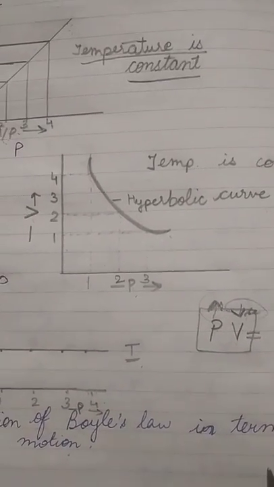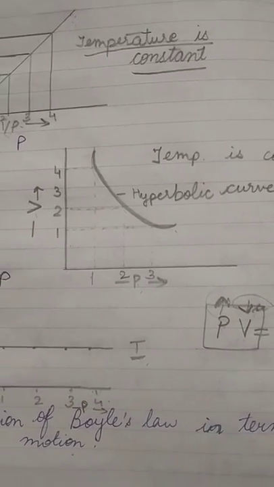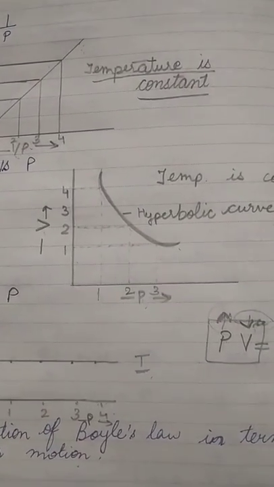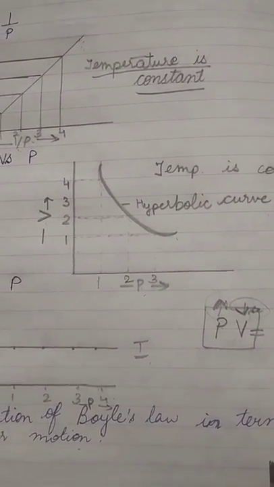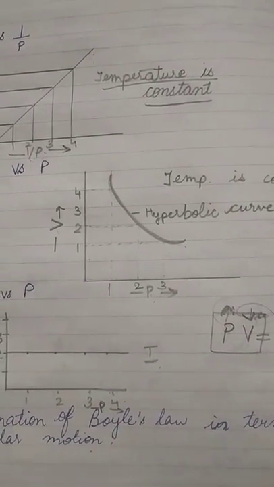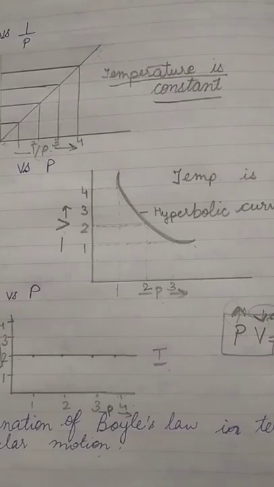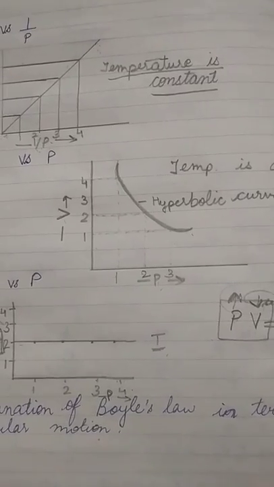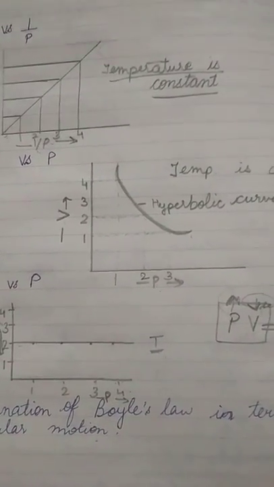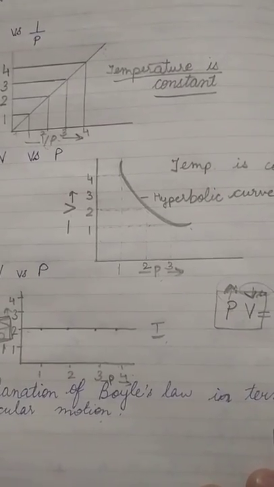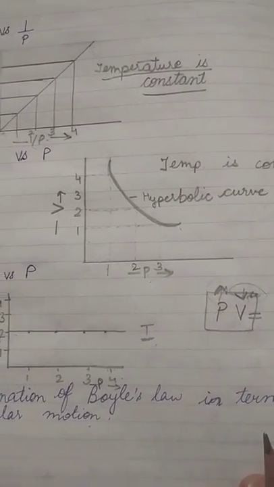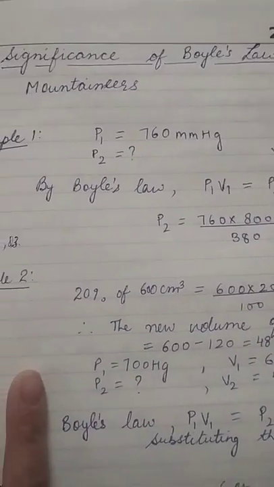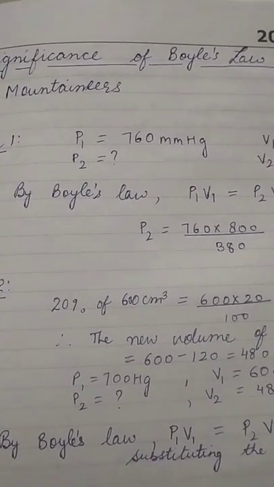So when the molecules are moving, the temperature we are not altering. What happens is that if we are increasing the pressure, the particles will come close to each other, right? So the volume will be decreased, and if we are removing the pressure, then the particles will move far apart, thereby increasing the volume of the gas. So this is how we can explain it in terms of molecular motion or the kinetic theory.